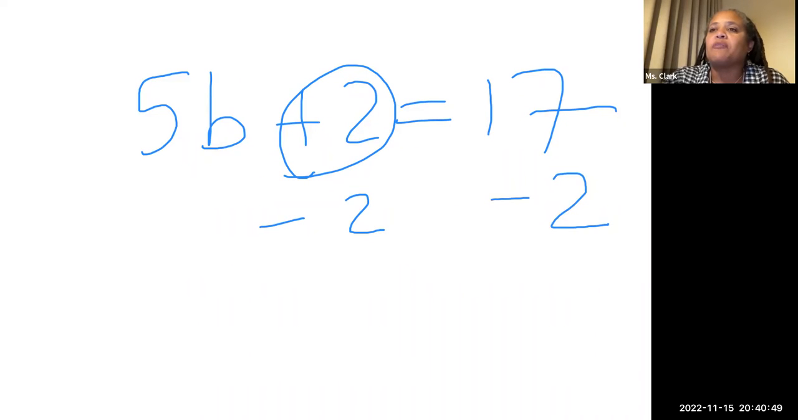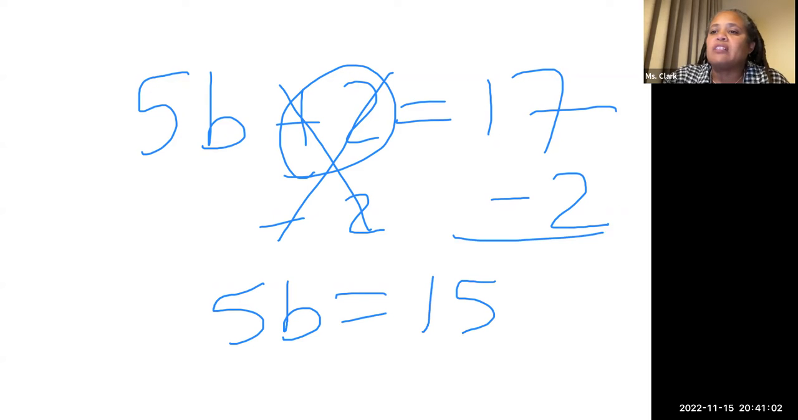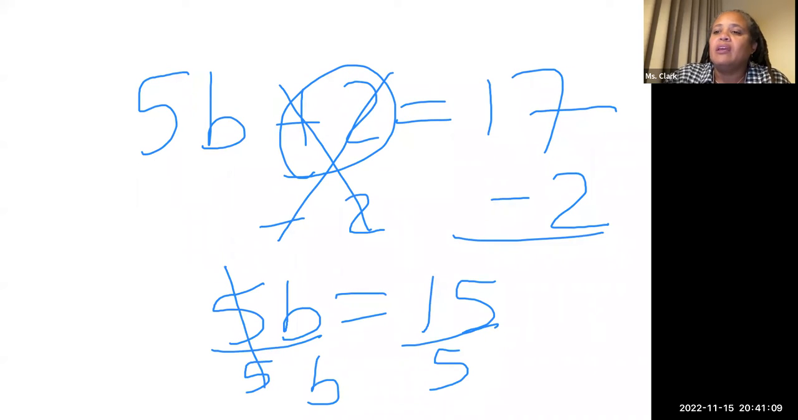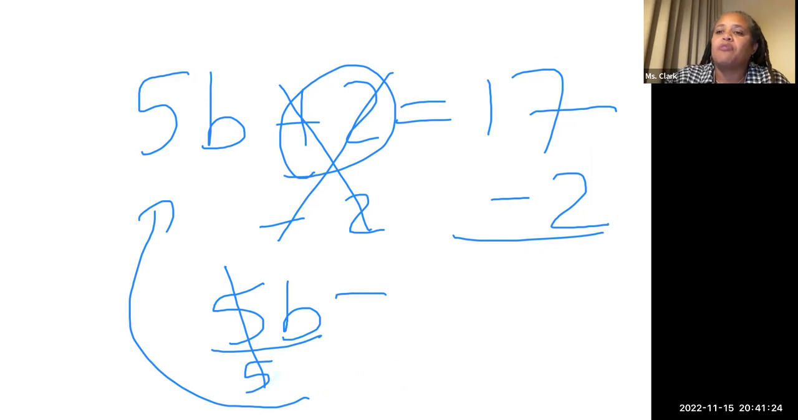What is left over here? Plus 2 minus 2 is 0. So now it's gone. You have 5b equals 17, take away 2, which is 15. This is straightforward. 5 times what equals 15? Well, you can divide by 5. What's left? b equals 15 divided by 5 is 3. Is that true? Well, let's go back up here and say 5 times 3 is 15 plus 2 equals 17. That would work. All right, I'm going to do about 3 more problems